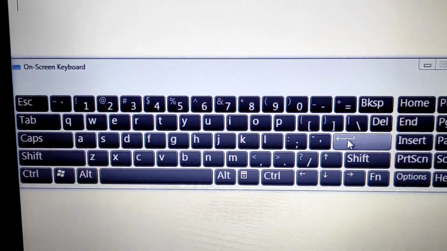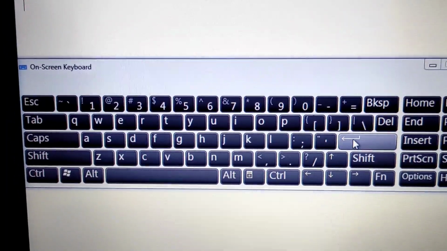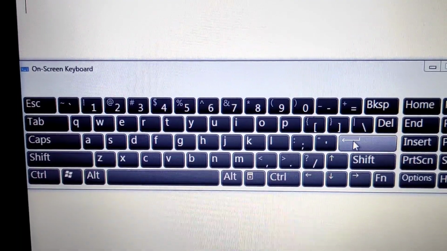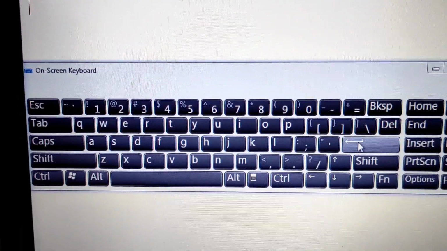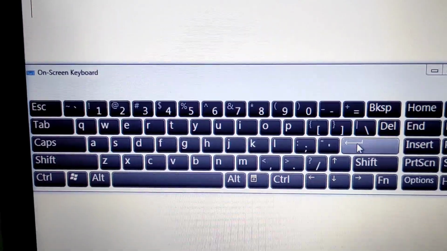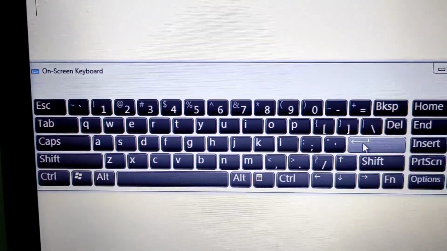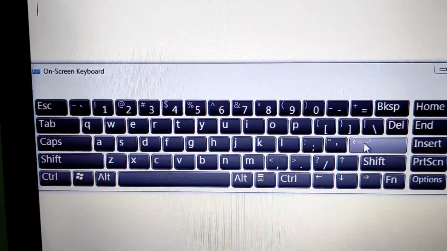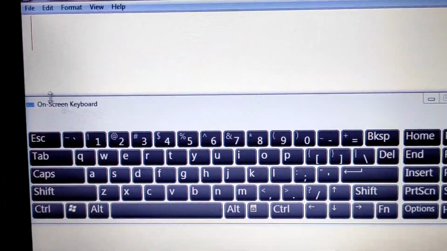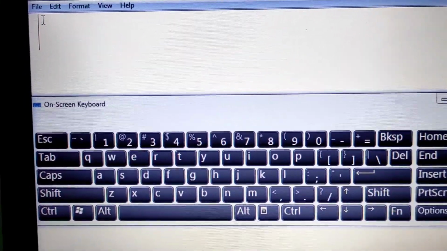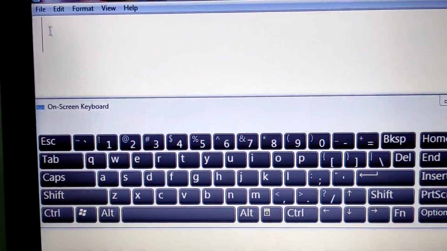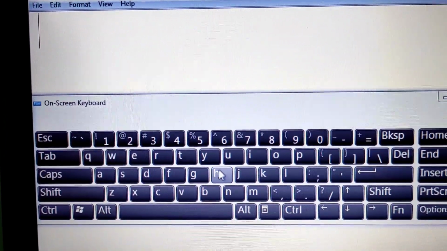Okay, so let's see one example. For example, to type words hello everyone on different lines, we will type first hello, then we will press enter, then we will type everyone. So let's see how it looks like. On the first line, we will write hello.